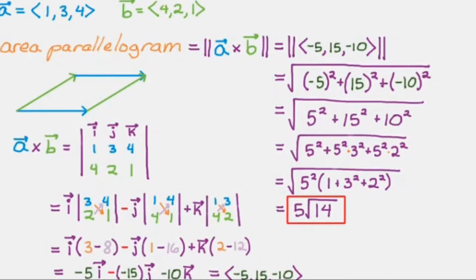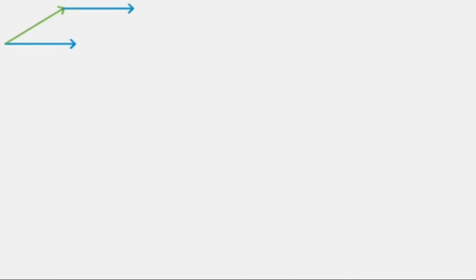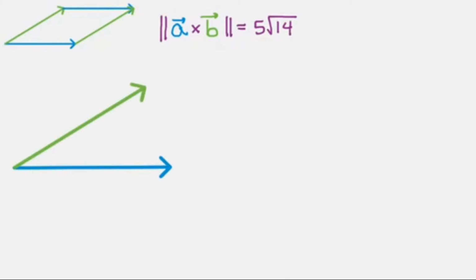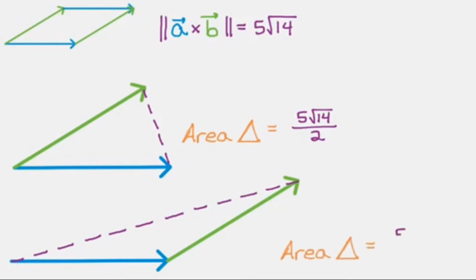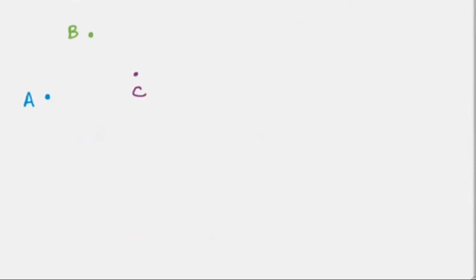As you can see, you can write it with square units, 5 square root of 14. Now, to get the area of a triangle, we first get the area of a parallelogram, which is 5 root of 14. And when you divide the parallelogram into two, for example, by joining these two vectors to get half of the parallelogram, you end up getting half the area of the parallelogram, which is the area of the triangle required. Or alternatively, you can get a vector, and where it stops, you add another vector. So what we get is the area.